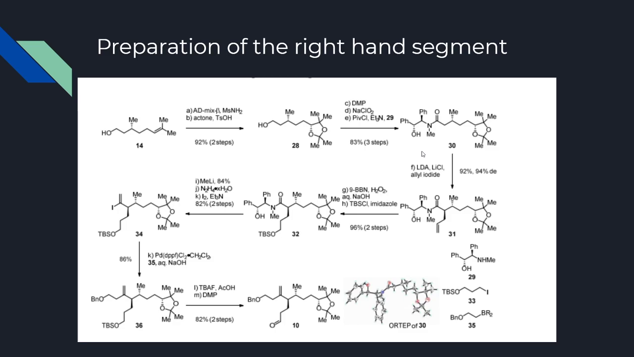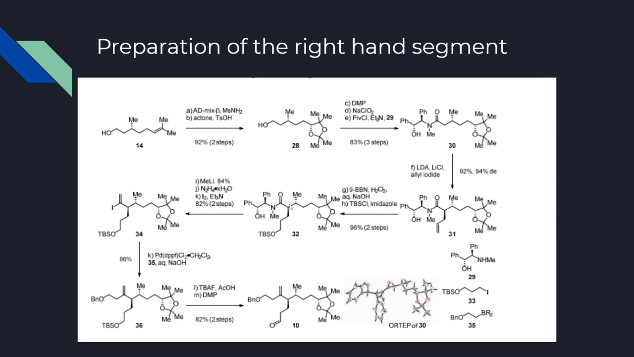So this is the overall synthesis of the right-hand segment. There are a lot of very cool reactions in this synthesis, but I believe the most interesting part is from compound 28, which is right here, to compound 30. Compound 30 was a direct backbone that contained a carbonyl that allowed an alpha proton to get deprotonated, which created the large substituents. Later, the amide underwent a series